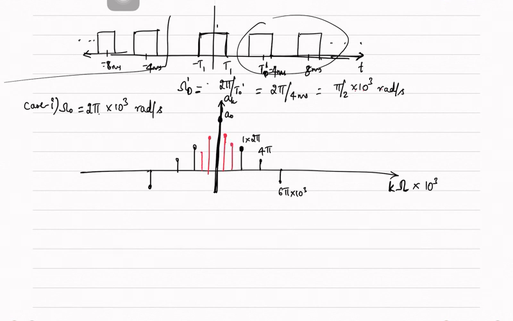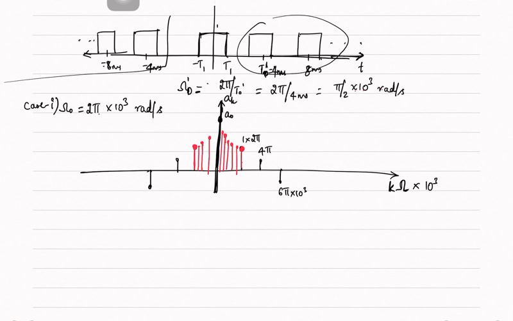Next is 3 by 2 times pi by 2, which is here, and next will be this one. So this will be the fourth coefficient now, when I increase the time period by 4 times. I go on increasing. If I make it 8, there will be intermediate lines here as well. The first one will become the 8th one if I make the time period equal to 8 milliseconds.